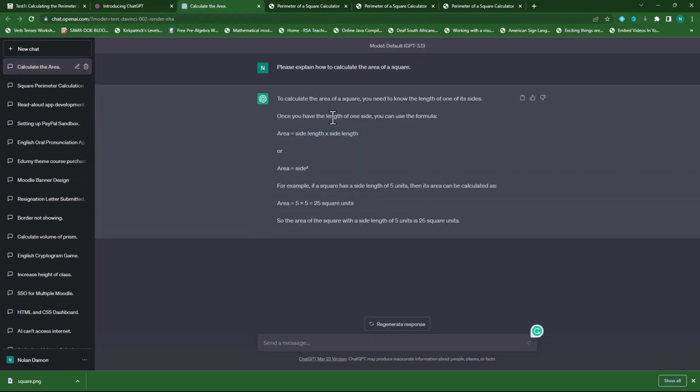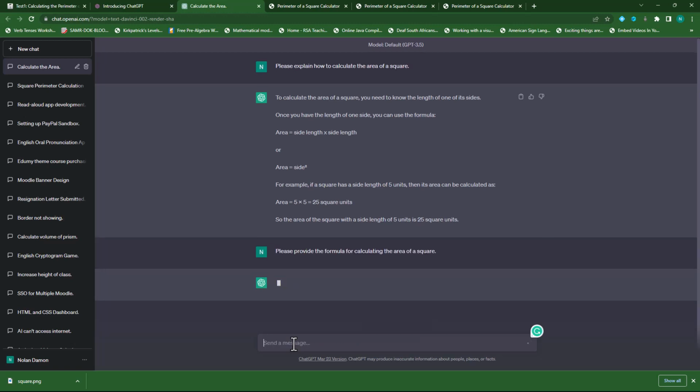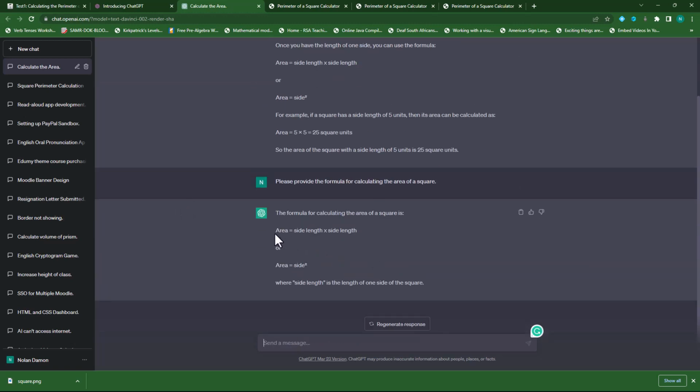The next one I'll ask: please provide the formula for calculating the area of a square. I'll press enter. So now it provides us with a formula, and then the next step is,